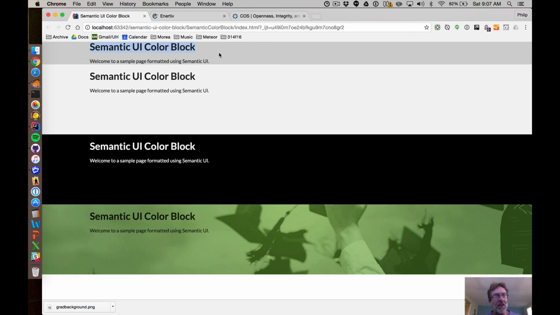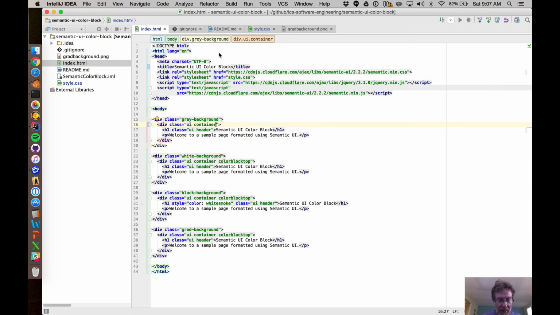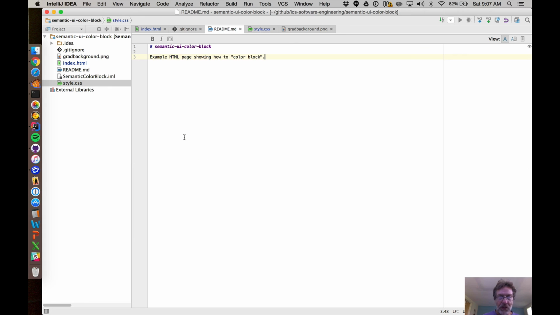And sometimes that's exactly what you want. Other times you want to add a little space. And so, for example, to add some space at the top, I created this class called color block top, which simply adds padding top 20 pixels. Okay, so that's the first kind of customization of this that you might want to have